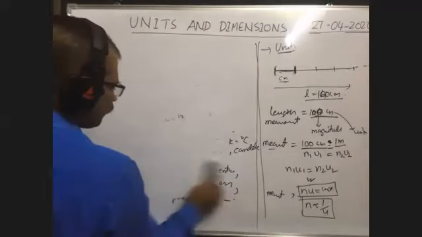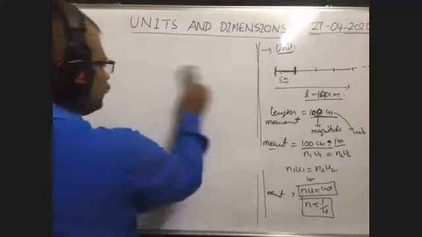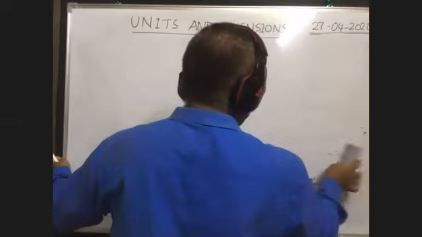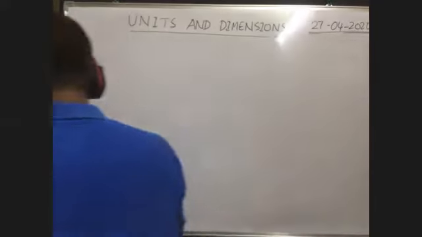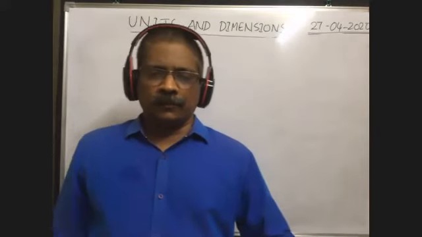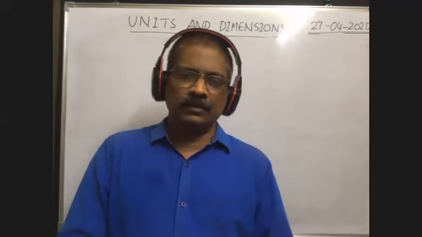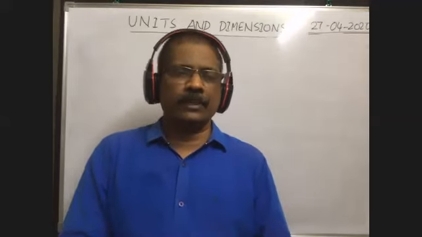To measure the different physical quantities, first of all, to measure the different fundamental quantities, different systems are introduced: CGS system, MKS system, FPS system, like that. Of course, time is 10:27. If I start the topic, it will not be covered, I think. Okay, next class, I will cover them.